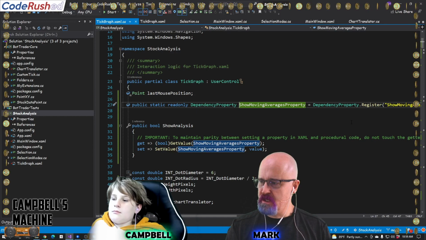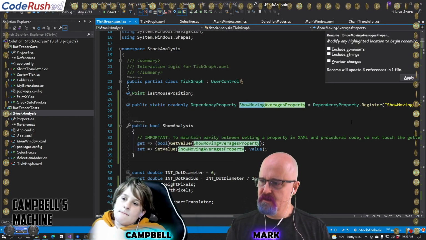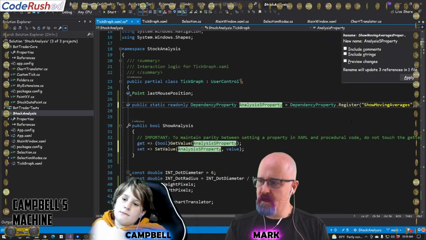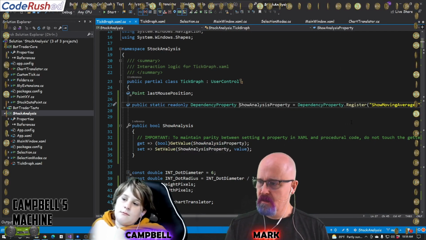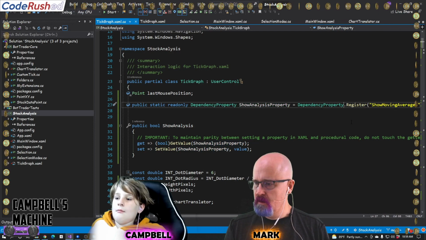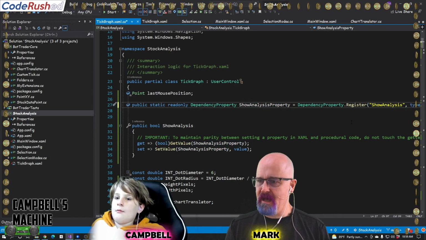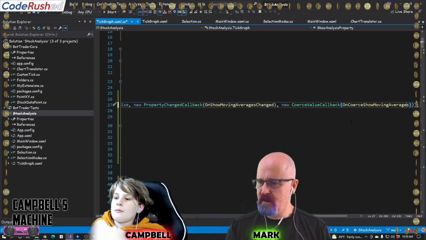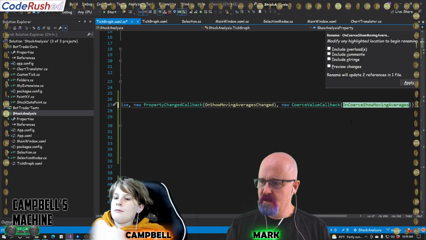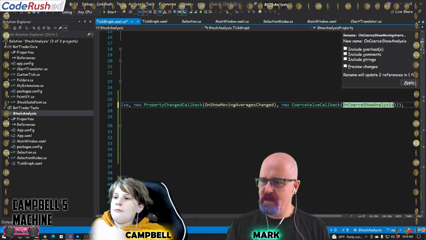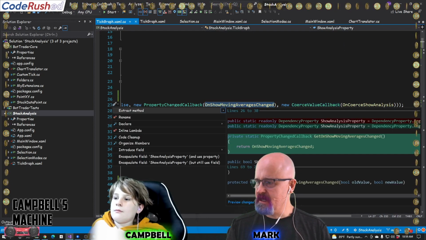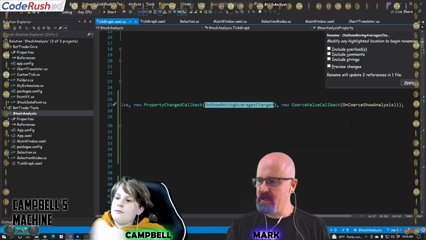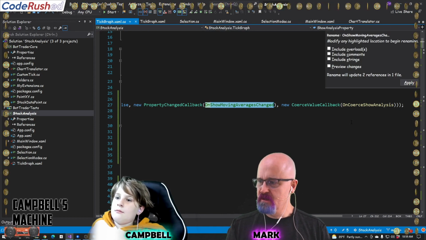And we're going to just change a couple things in here too, because let me show an analysis property. Come over here, turn that into that. We can rename these. On coerce, show analysis, which we don't really need. I will explain that in a second. On show moving averages change. That's the one we needed. When it changed, that's when